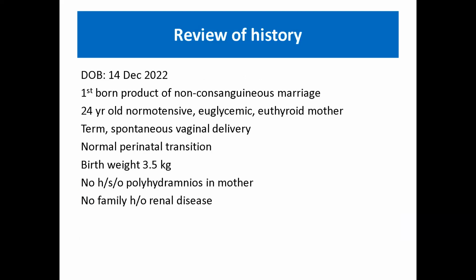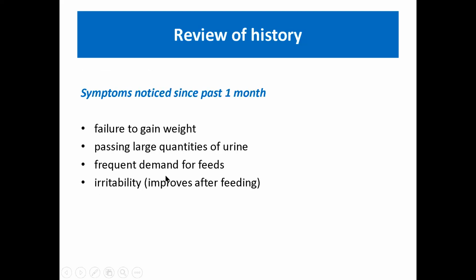He was born by spontaneous vaginal delivery. The onset of symptoms was at 4 months of age, in early infancy. So we looked at the perinatal or antenatal history, which was all normal. There was no history of any polyhydramnios, normal vaginal delivery with a normal birth weight. So his symptoms began at 4 months of age, and he presented to us a month later,